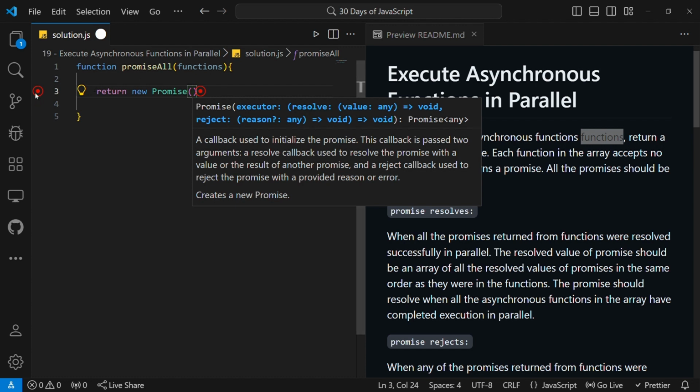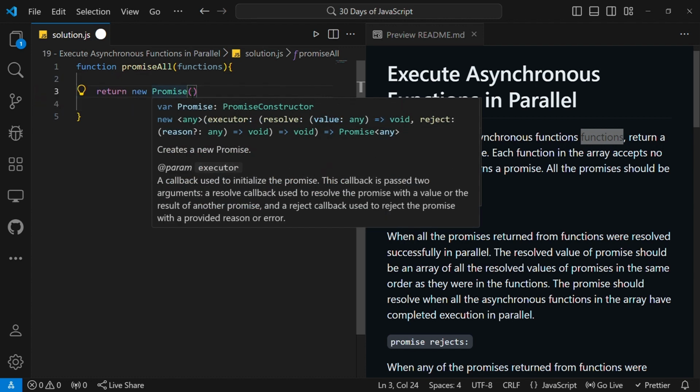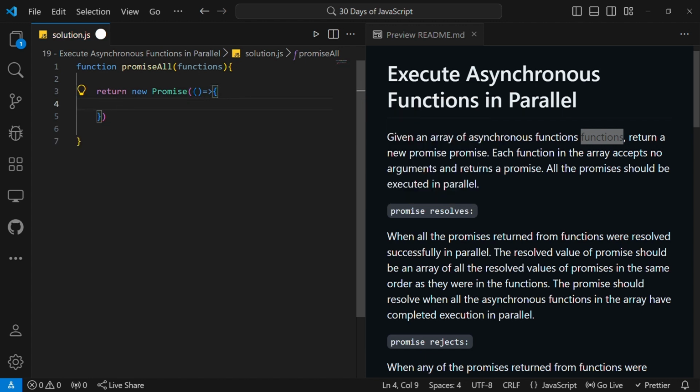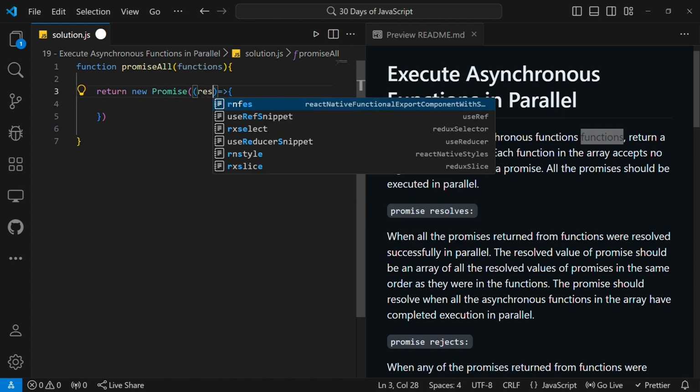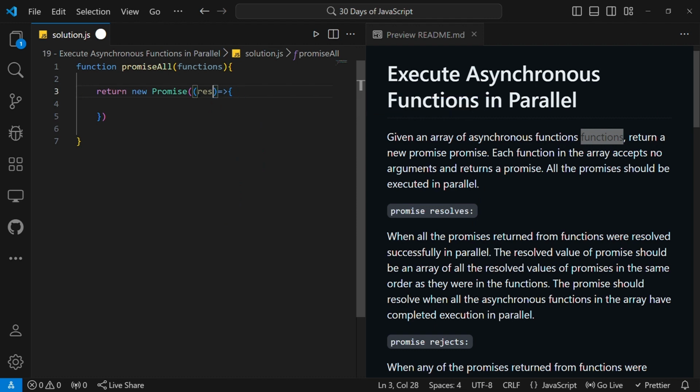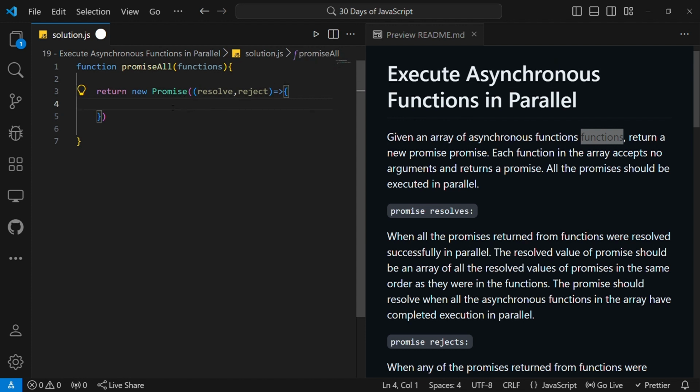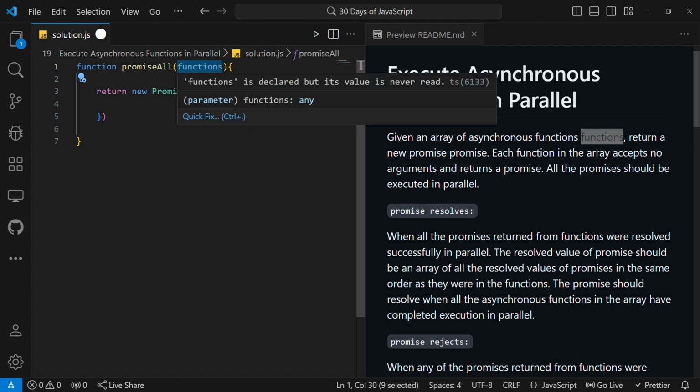And you know that a promise takes in a callback function. So I'll put the callback function like that. And this callback of a promise takes in the resolve and the reject parameter. So I'll say resolve and reject like that. So what you're supposed to do is, for each function of this array, run that function,